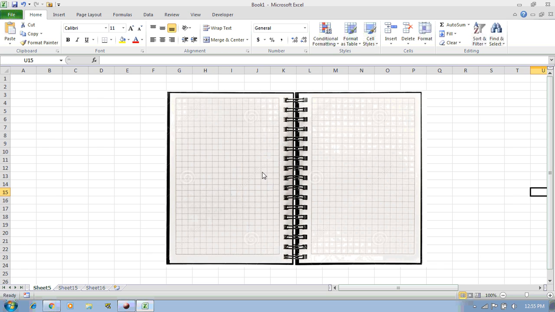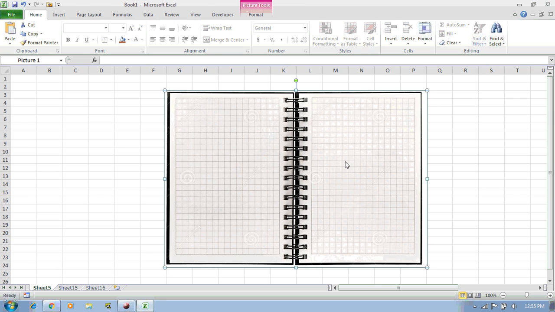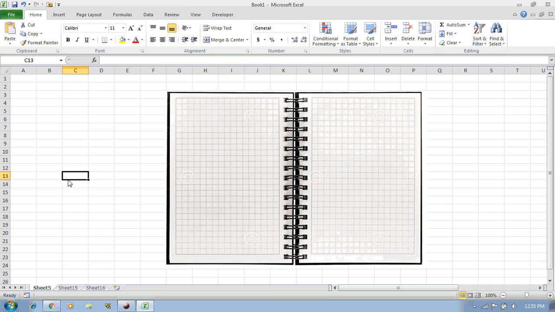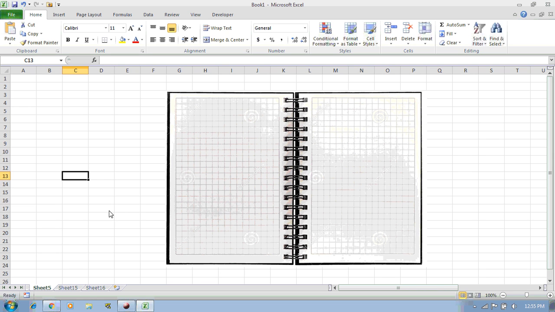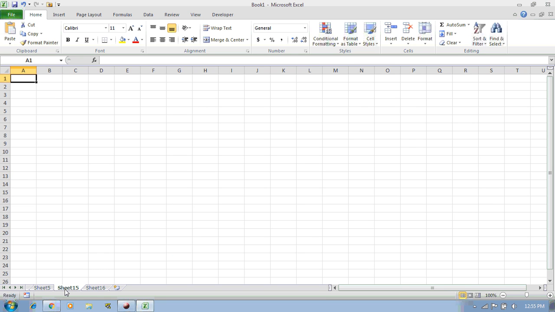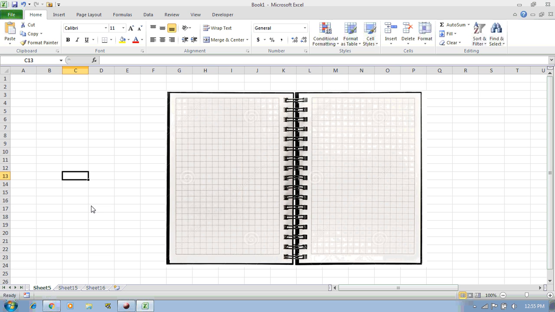So pages of the notebook are the same as the sheets of Excel, and the combination of these pages is called the maths notebook. Same as we can say these are the sheets, or worksheets, and the combination of these sheets is called the Excel workbook.